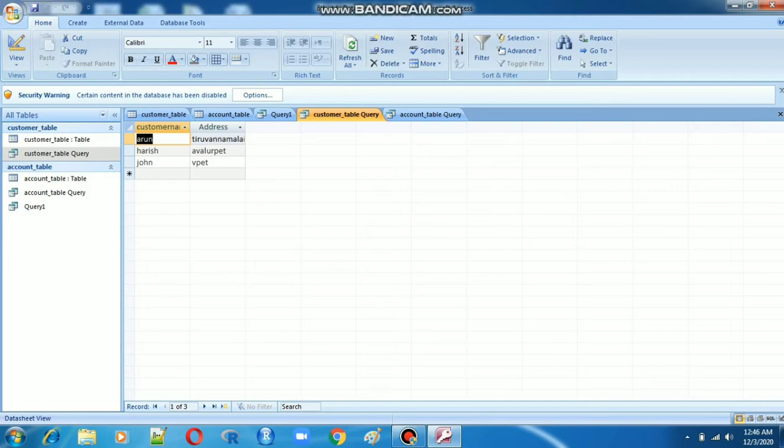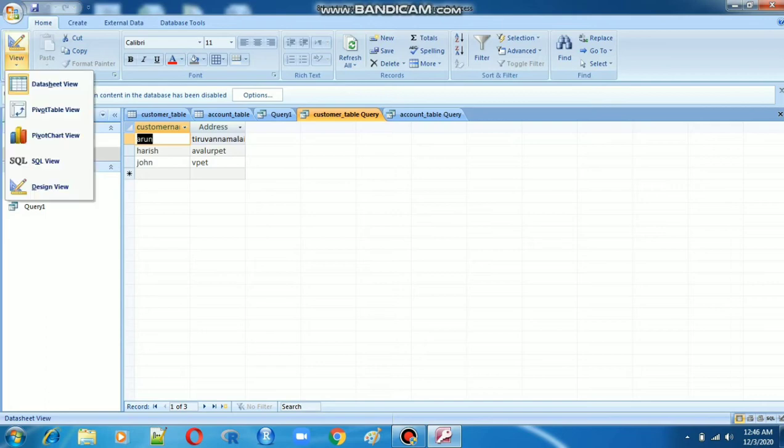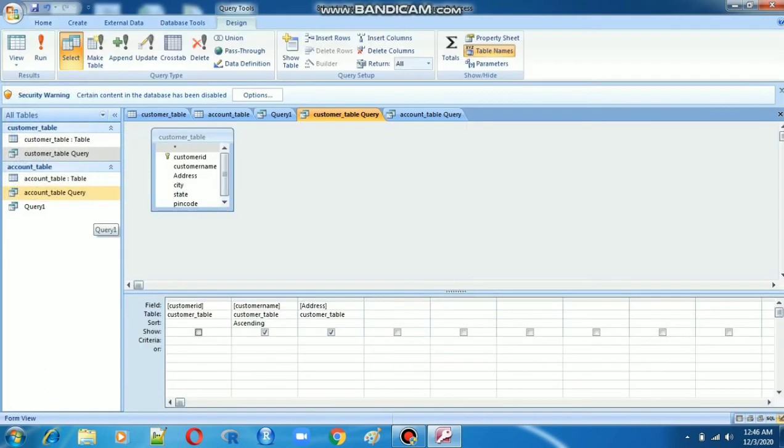How many fields you want criteria for. Create criteria. Show: if you want to show, you have to tick that one. Next, criteria: you give whatever it is. For example, for address I have to give Thiruvannamalai.